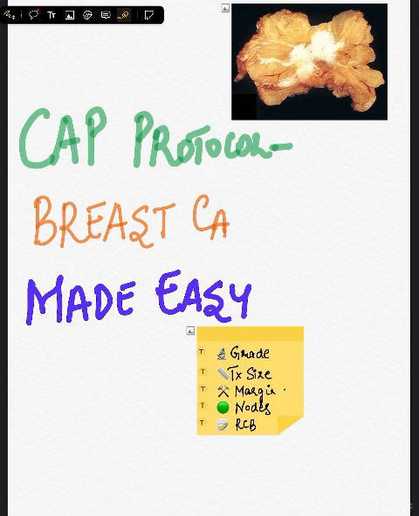But it is very important to understand what the CAP protocol wants you to report. So, we will be discussing the grade, the tumor size, the margins, the nodes, and the RCB. What is RCB? RCB is nothing but residual cancer burden. That is, after chemotherapy, if the surgeon suspects that there is still some residual carcinoma, what would be the residual